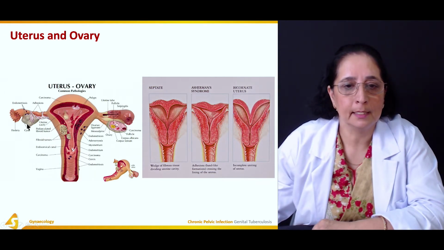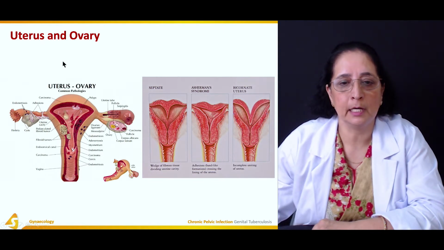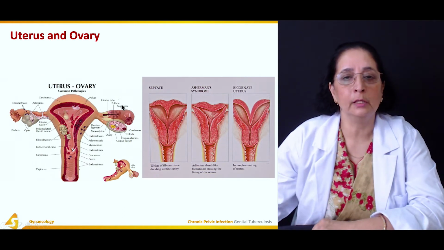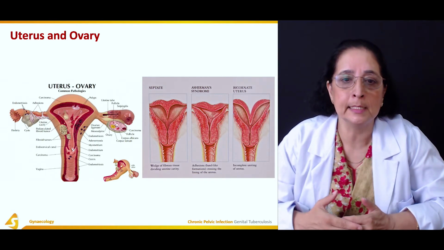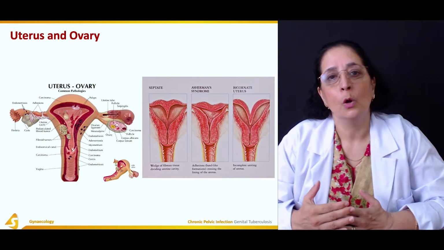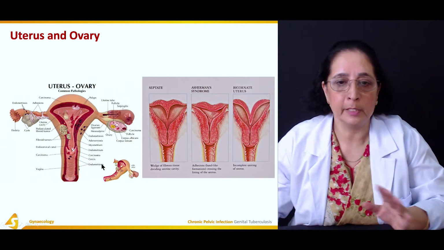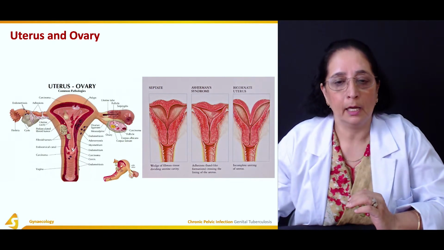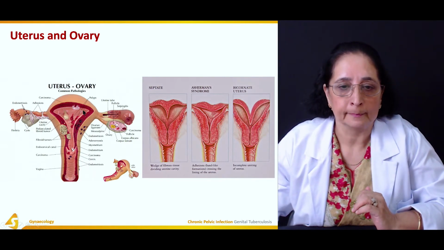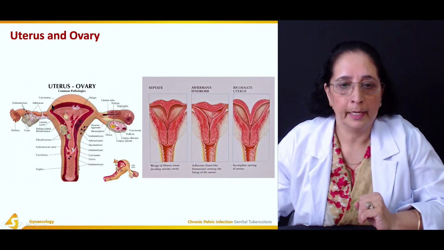These are the cysts in the ovaries here. These are the adhesions. This diagram is basically showing you all the common pathologies. What are the common pathologies, abnormalities of the uterus and ovary? Very good diagram. So it pretty much covers everything that is possibly present in the uterus and the ovary. So here, polyps, carcinoma, again fibroids. This is also the carcinoma.